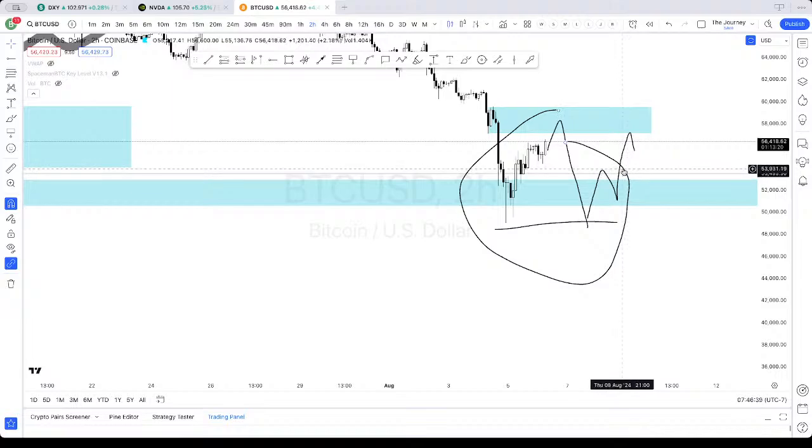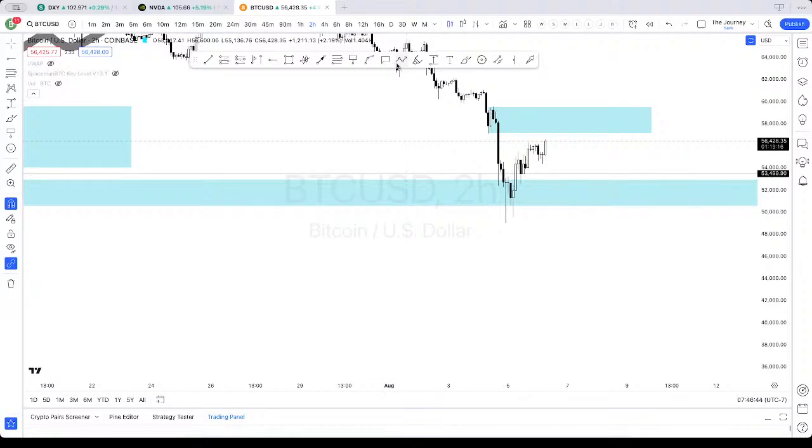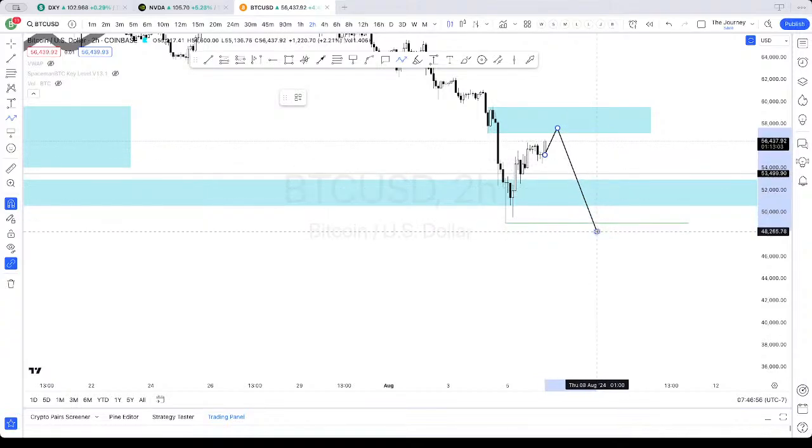Let me do a better job here. We're going to make this nice and pretty for everybody. I'm going to stop being so lazy. All right, so that low. Okay, so we come up into here. Maybe we reject. We sweep the low one more time. We come back up. I would be even happier, no, maybe right here. And then we close the week out